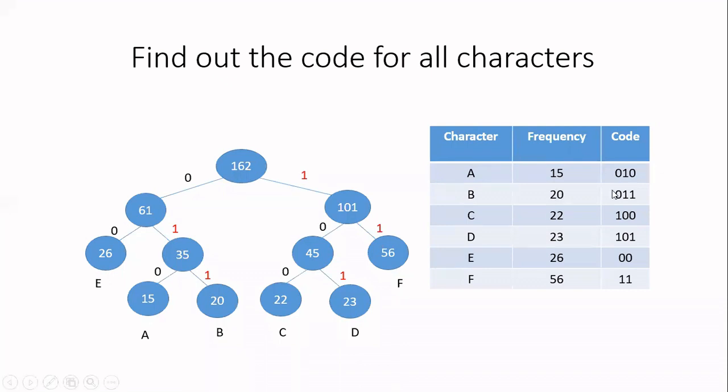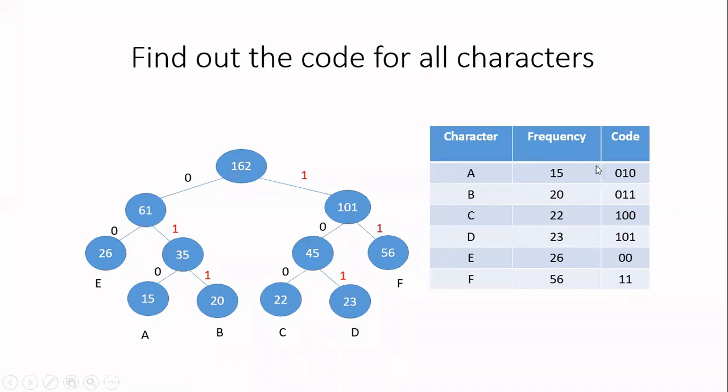Now let us check whether these codes are prefix codes, because our aim is to generate a prefix code. So how to check it? First, see which is having the least number of bits in the code. Okay, I have E and F. So those two bits, that is for E, I have 00. You take any 3-bit code or 4-bit code, these two bits will not appear as the first two bits. So check the 3-bit codes. I have 4 different codes. None of the codes are having 00 as their first 2 bits. So it is a prefix code. Similarly, check 11. None of the 3-bit code or 4-bit code will have 11 as their first 2 bits. So this is following the property of a prefix code.